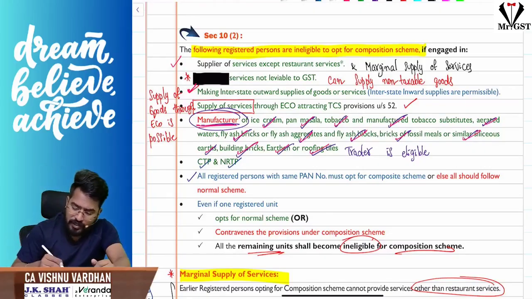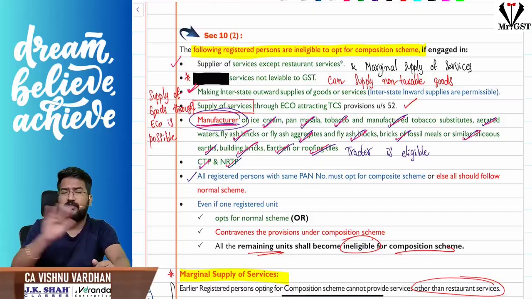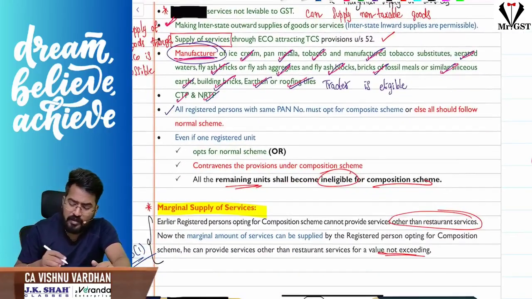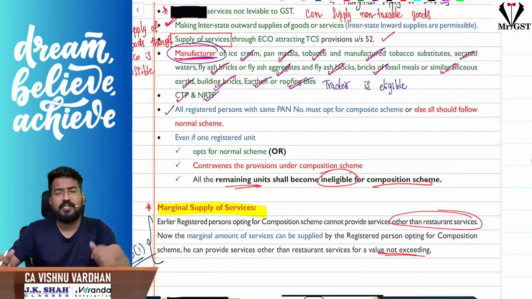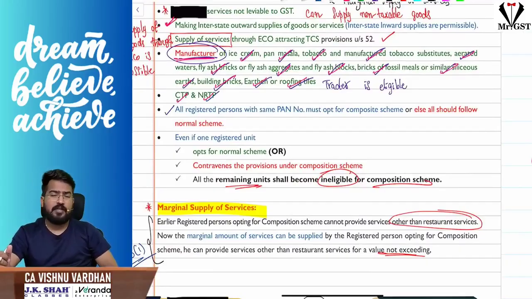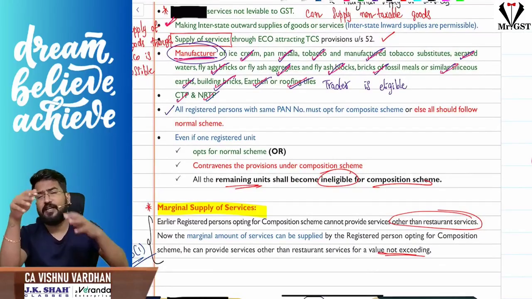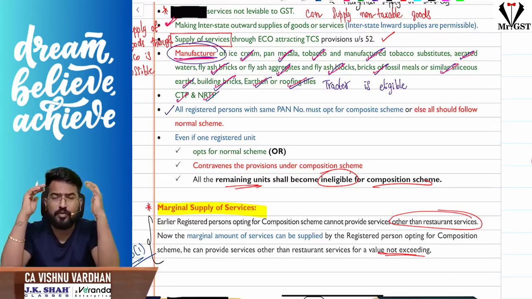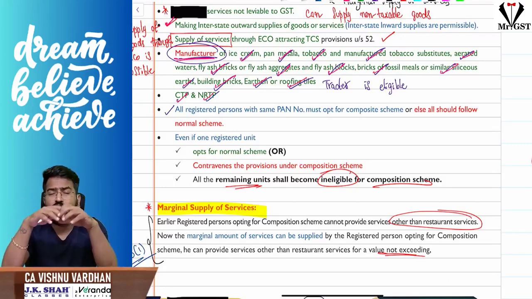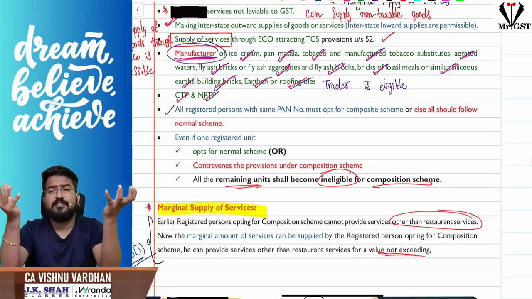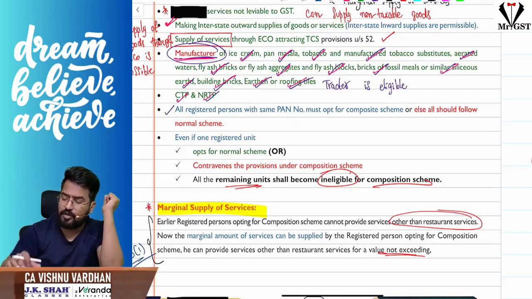Next, if you are a casual taxable person or a non-resident taxable person, you cannot go for composition scheme. And sir, I have multiple registrations. I was showing in the example Andhra, Tamil Nadu, Karnataka, all that. Sir, when you are calculating aggregate turnover, you will calculate it on a pan-India basis, correct? So here, when you have multiple registrations, whether they are eligible or not for composition scheme.